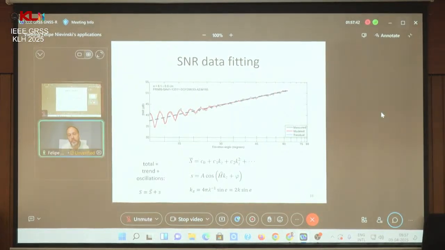It's basically the number of cycles of the reflected wave in excess of the direct wave. So if you do that, then your fitted parameter will naturally be the antenna height above the surface,